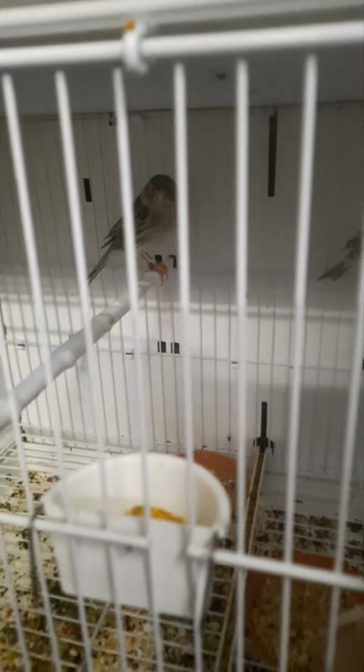These are the yellow mosaics, and don't worry, the baby is doing good. There he is. Very nice. And if you're wondering who that tweeting was, well,